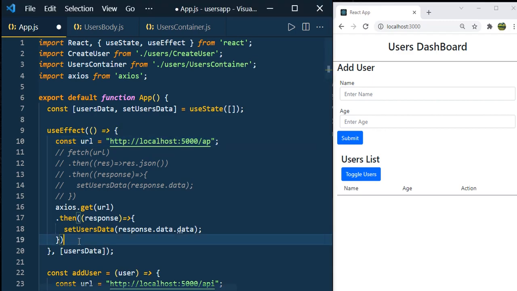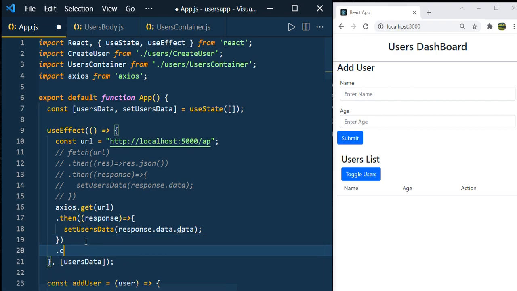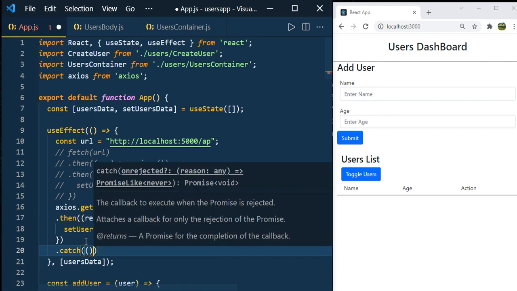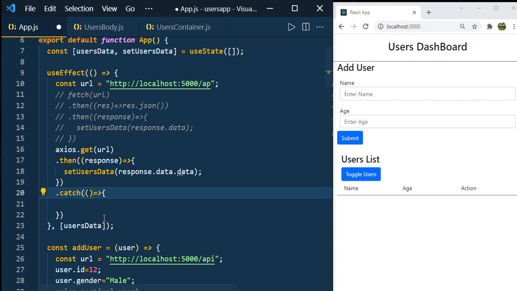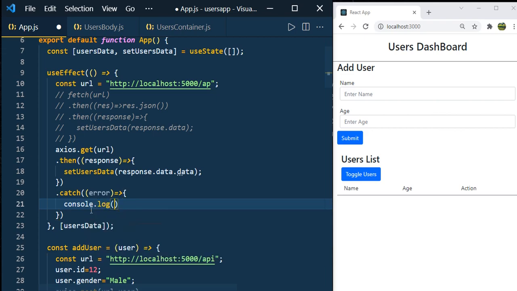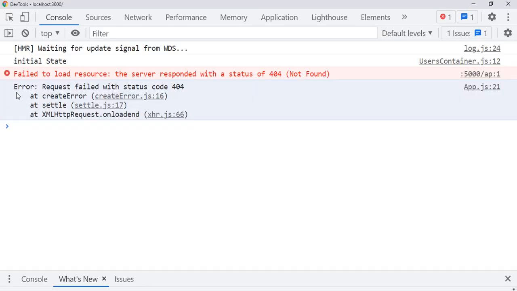Remember, we discussed that Axios is a promise based HTTP client library. So Axios.get method will return the promise. So we can use the catch method on promise to catch the error, and it takes the callback function, and this callback function of catch method will receive the error object when there is an error. So error, let us print it now. Console.log just error, save it and just reload it and press F12 again. This time you can see the error: request failed with status 404.